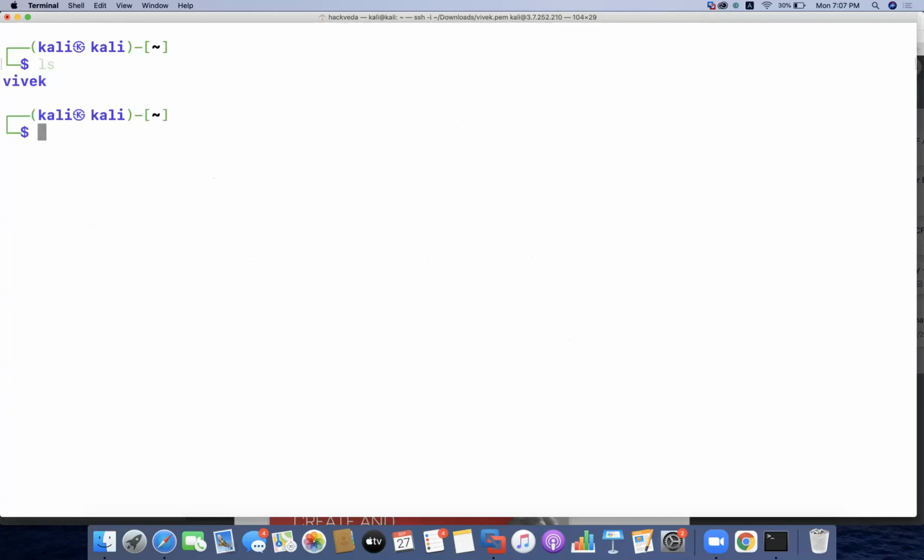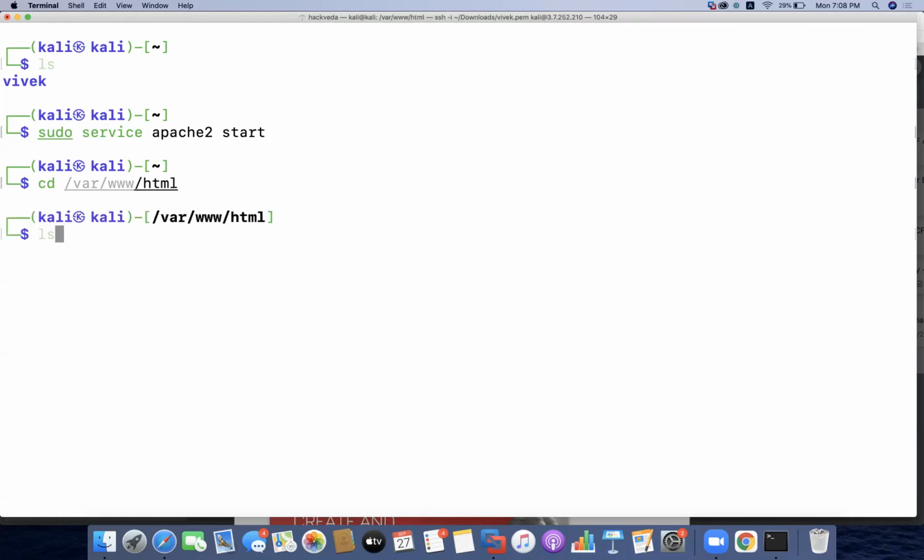So what do we have to do? Whenever we have to create a remote shell and we want to access the files, it's always a good idea to run it in a web server directory and have the chmod 777 permission so that we can create new files and access those files through a web browser. Okay. So what am I going to do? First of all, I need to start a service: sudo service apache2 start. With this, my Apache service will be running, and I will change my directory to cd /var/www/html. This is a publicly accessible directory.